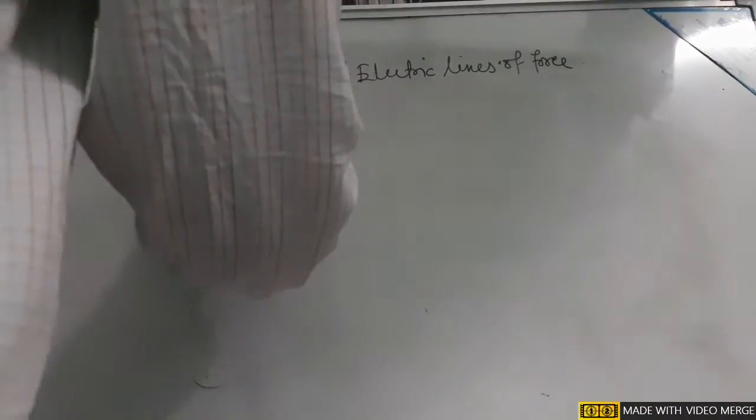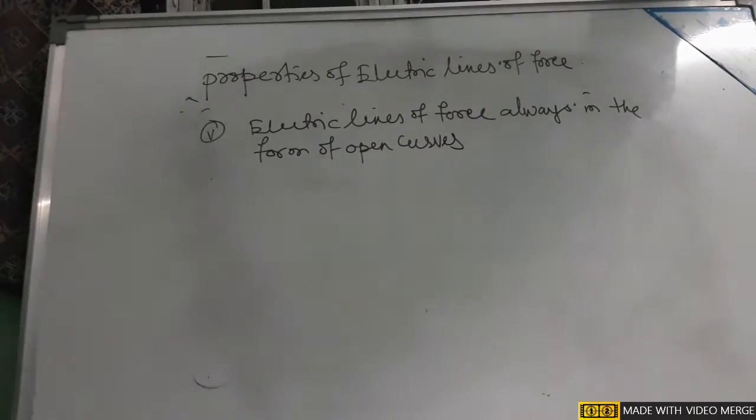And number 5, electric lines of force are always in the form of open curves, and they do not form closed loops,